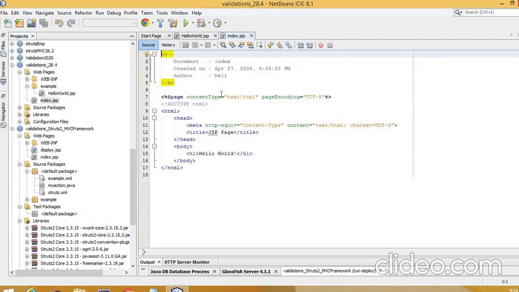Now in index.jsp, we will try to create the UI, the user interface. So I'll just give here HTML, head, and the title as validations, Struts 2 MVC framework.